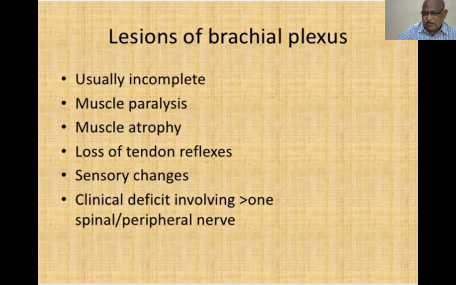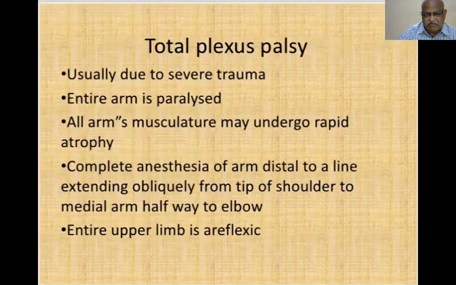In musculocutaneous nerve palsy, the biceps brachii in the anterior compartment of the arm is supplied by the musculocutaneous nerve. It is a motor nerve supplying the muscles in the anterior compartment of the arm. So the function of flexion of the elbow is lost. So these are all the signs and symptoms produced by the corresponding nerves. I am telling you in general.